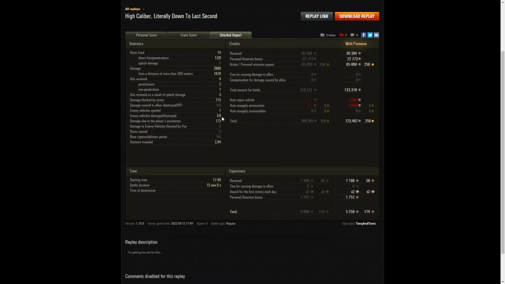1 enemy vehicle spotted, that was the Fifi. 7 enemy vehicles damaged, 4 killed, 173 hit points of damage assistance. He earned 30,364 credits from that game,